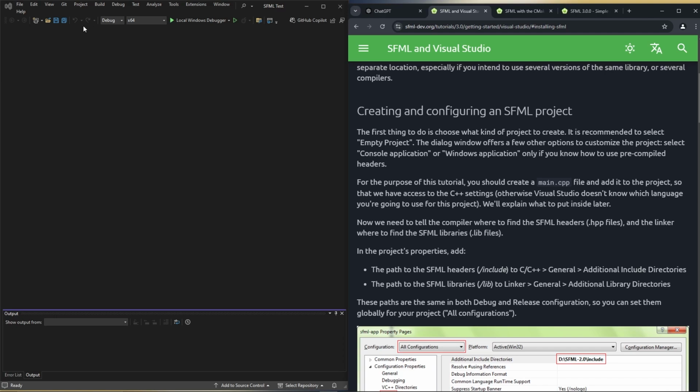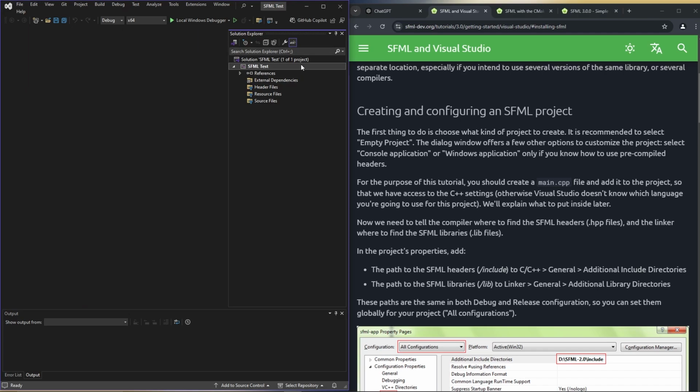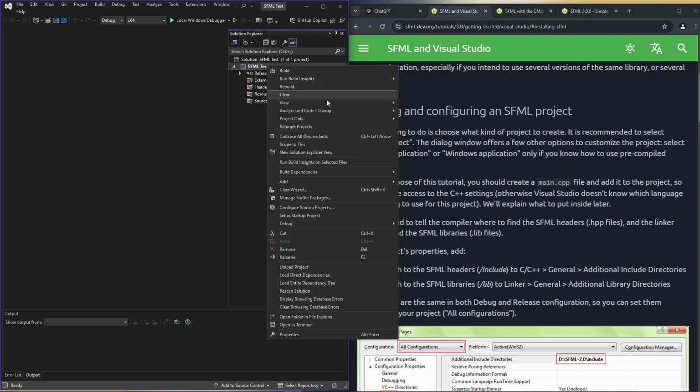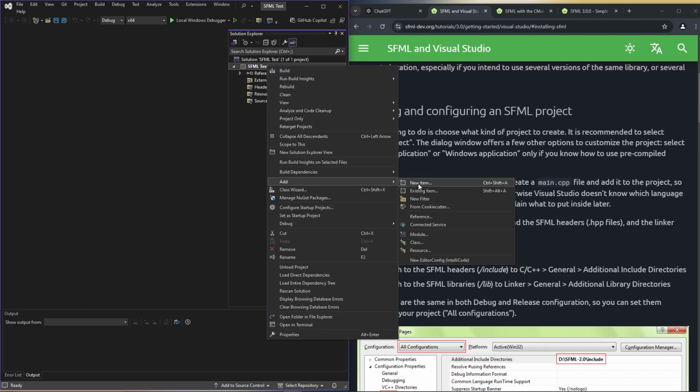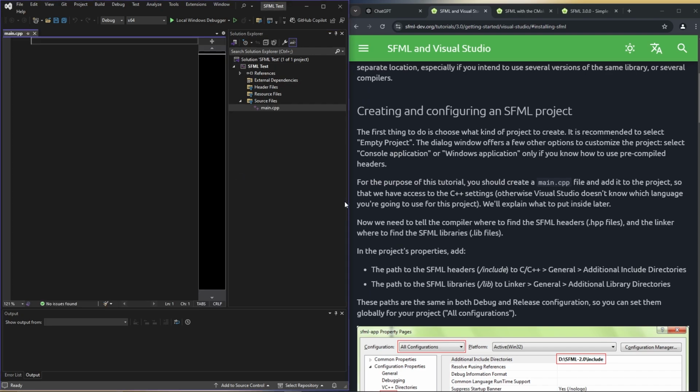So we're going to start with the main.cpp. Let's get the view, solution explorer, add new item, main.cpp. All right. So we got that. All right. So now that we've got that,